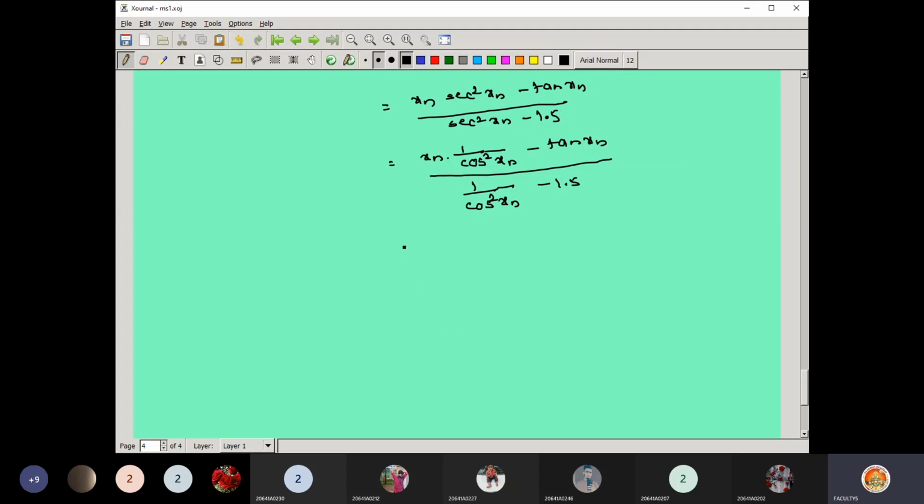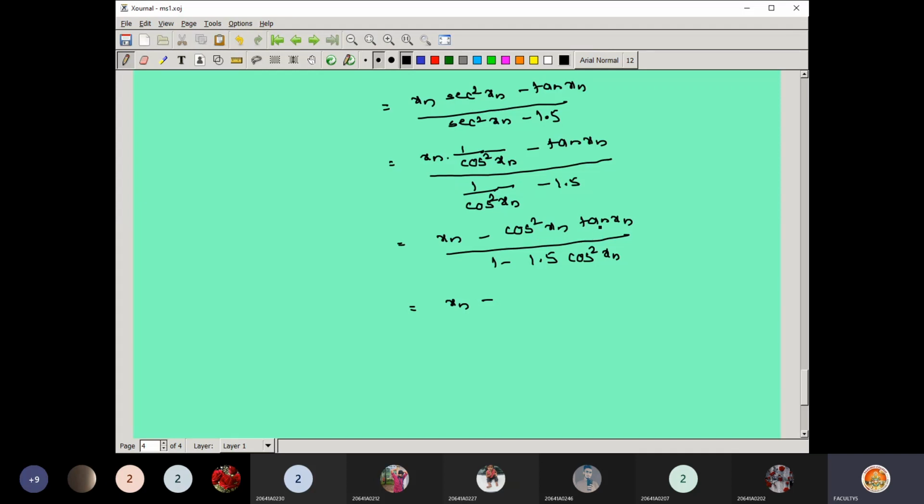So if I take the LCM there, in the numerator it is x n minus cos square x n into tan x n. Is there any cos square button? Yes. If needed, that can also be converted, Amma. And the denominator can also be taken as 1 minus 1.5 cos square x n. So overall cos square x n is cancelled here. Even you can make the simplification x n minus cos square x n as it is. What is tan?